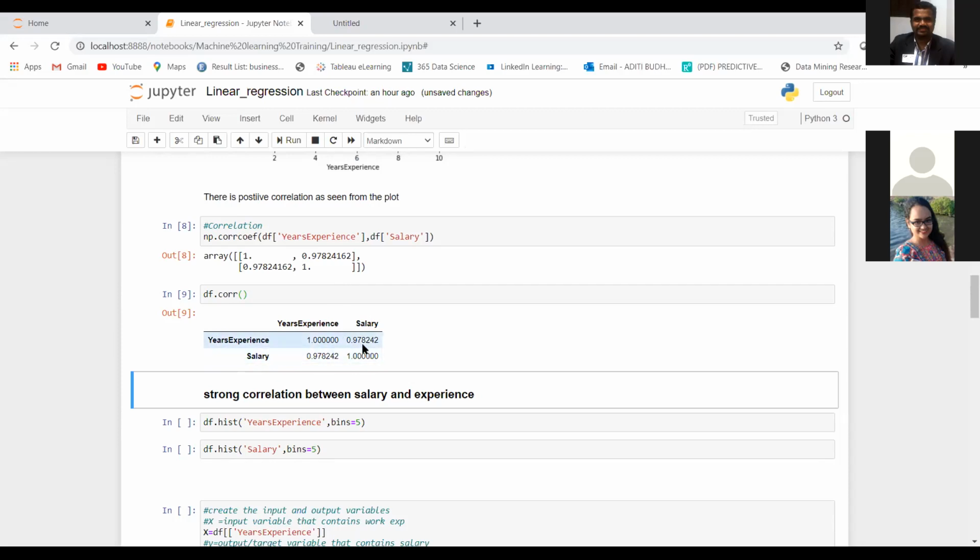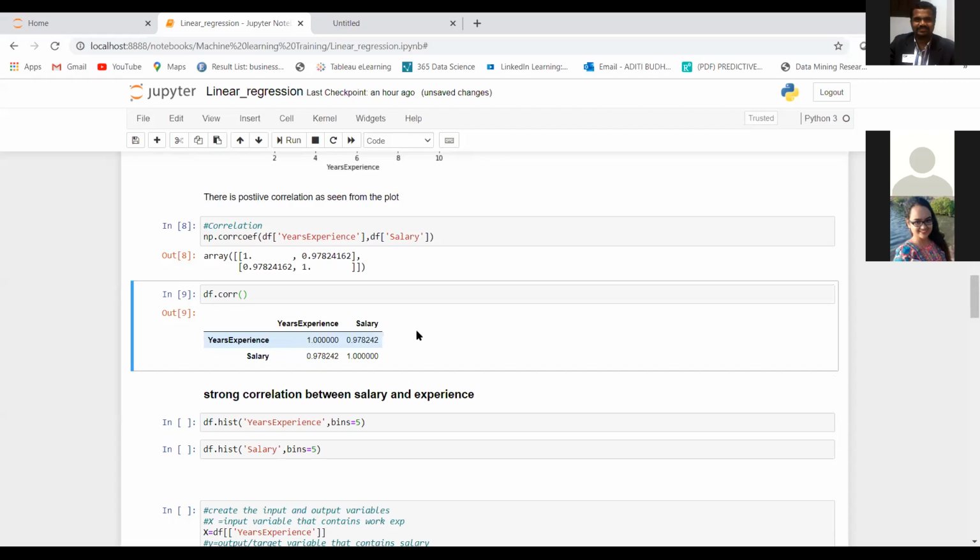Had this correlation been very low, let's say 0.2, there would be no point in using this variable, years of experience, to predict our salary, because there is no correlation.